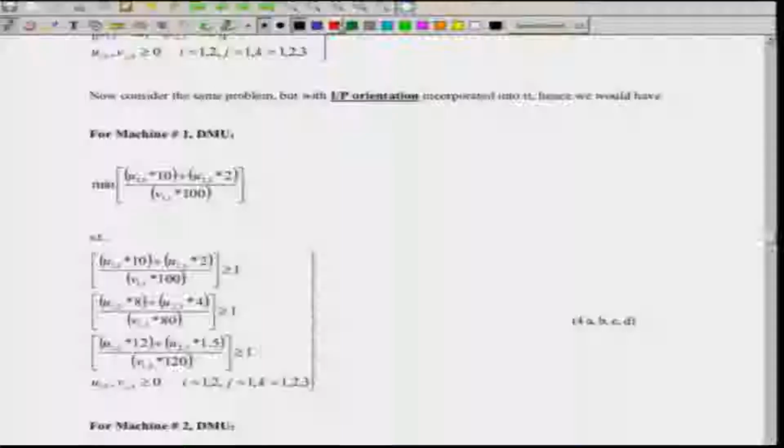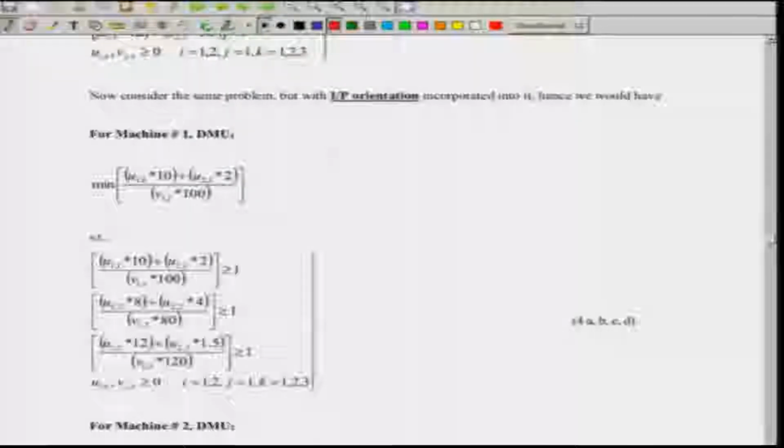Now, we were discussing in the last class the formulation of a problem where there were 3 DMUs, k is equal to 1, 2, 3, capital K is equal to 3. There were 2 inputs and only one output, and we formulated it using the output oriented model. Now, we will consider the input oriented model. I will follow the same scheme of coloring, so it will be easy for you to understand. So, consider that you have an output oriented model and an input oriented model.